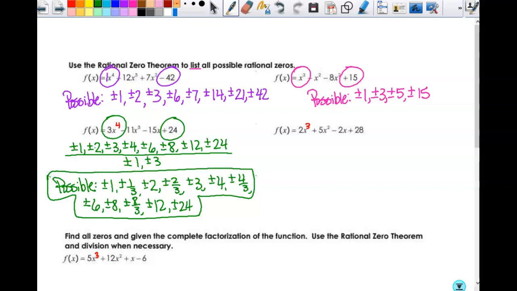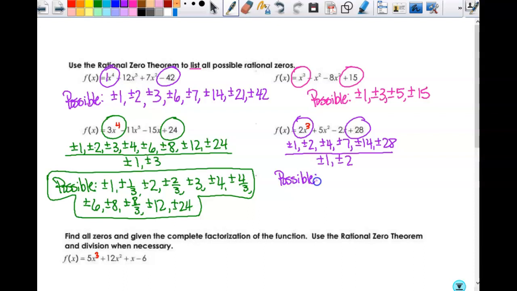So there's lots of possibilities here, but not as many as it really looks like there should be from there. Okay. Then this last one of these, I have the constant term, my leading coefficient. So I have to have a fraction here. Plus or minus 1, plus or minus 2. 28 is not divisible by 3, but it is divisible by 4. Not 5, not 6, but 7. Plus or minus 7, plus or minus 14, plus or minus 28. All over the factors of 2, plus or minus 1, plus or minus 2. So my possibles here